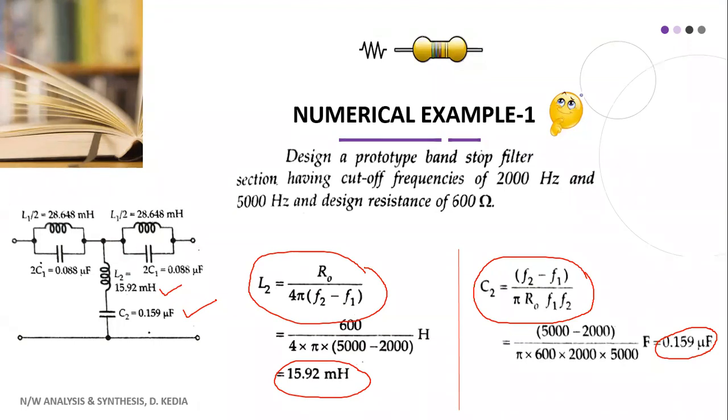Okay, so now we move one more step, and from this prototype filter we will develop one more type of filter, that is known as M derived filter. Okay, so those M derived filters are very simple, because your prototype filters are only converted into M derived filter. Okay, so this is just a mathematical manipulation, you will see. So once you have understood your prototype or constant K filters, M derived filter is very, very simple, that we will see in the coming slides. Let us see that.